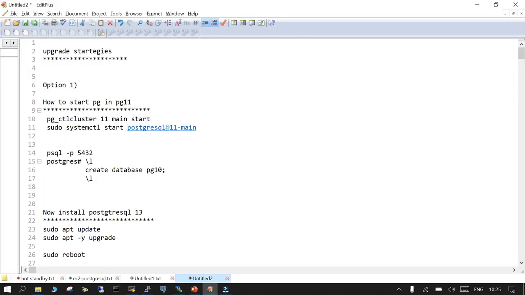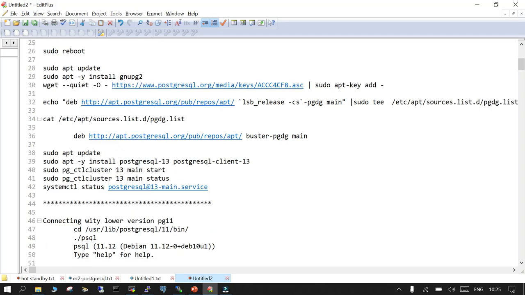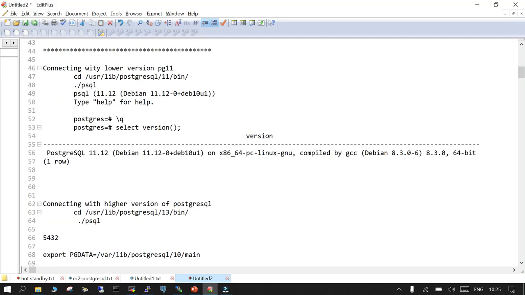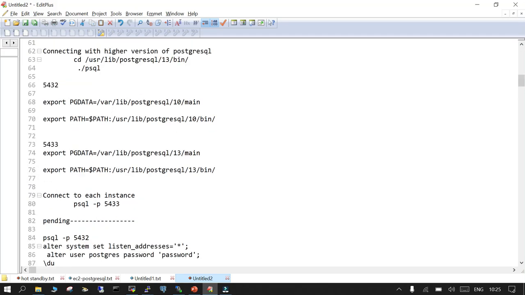So, upgrade strategy: if you are going to use pg_dumpall, in this demo, when we do it next time, we are going to create two instances. One is for Postgres 10 and another is for Postgres 13. So once you do the installation, what you have to do is, for this particular demo, what I had done earlier is,